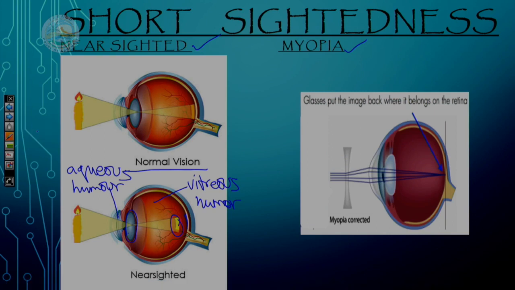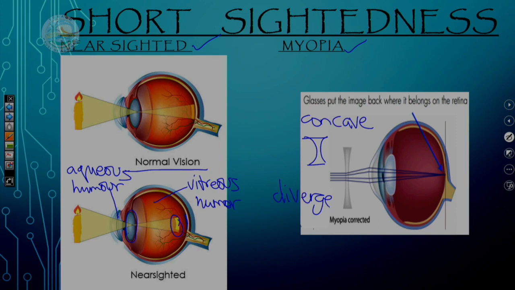We simply use a concave lens. And how do I remember concave? You actually have this like a cave, right? So if you think about you going into a cave like that, so it's a concave lens, and what the concave lens does is that it causes the light rays to diverge,